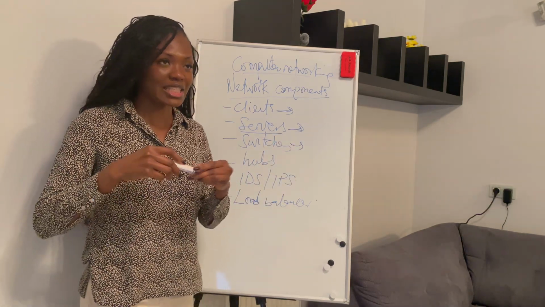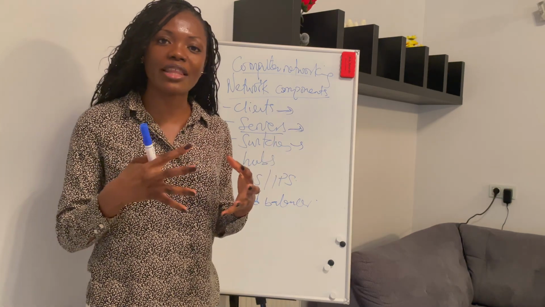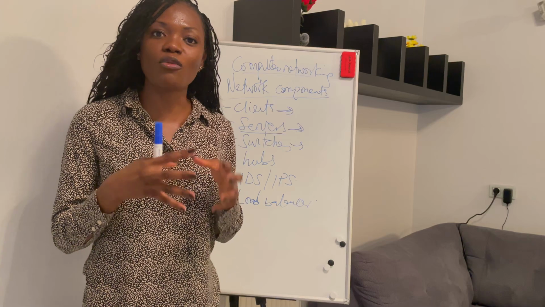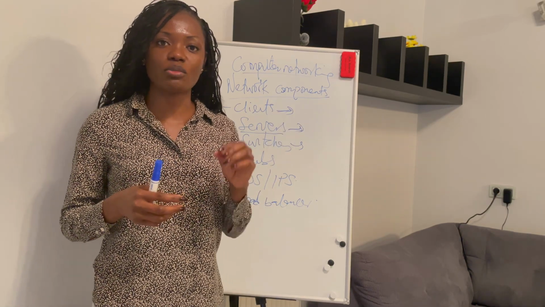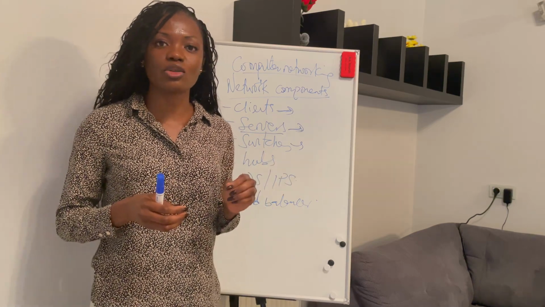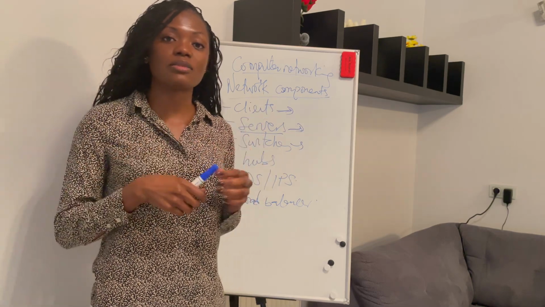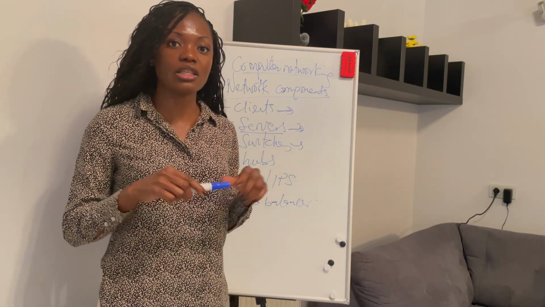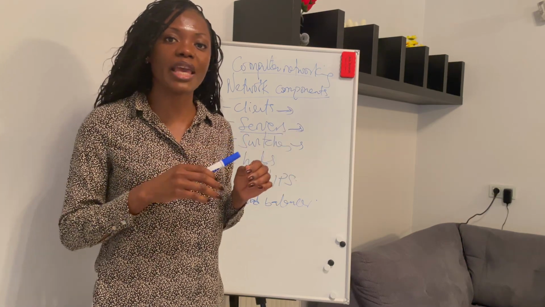A switch is like, say, we have something that holds together connected devices over a local area network. Say, for example, my computer is connected to my printer and to other devices, or my phone is connected to something else over a local area network. And I will explain what a local area network means. It could be in your home, it could be in your office space and stuff like